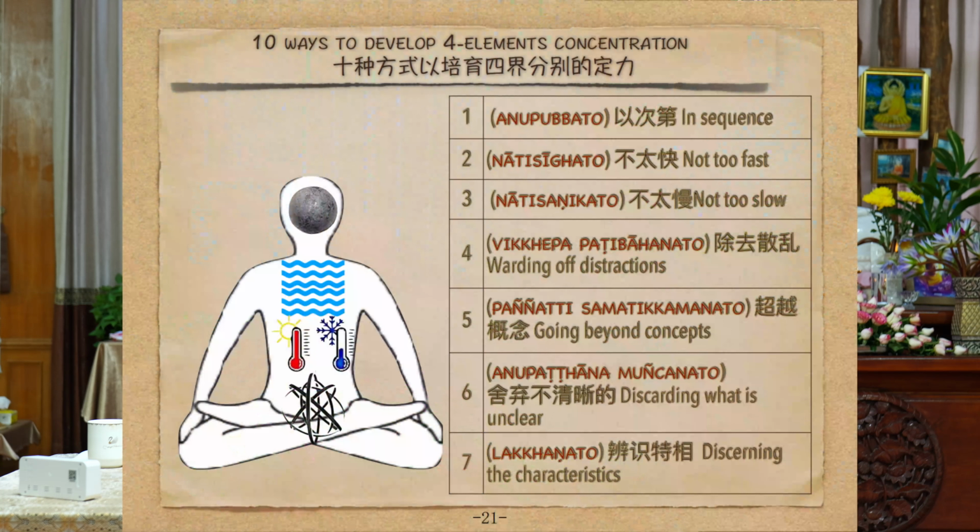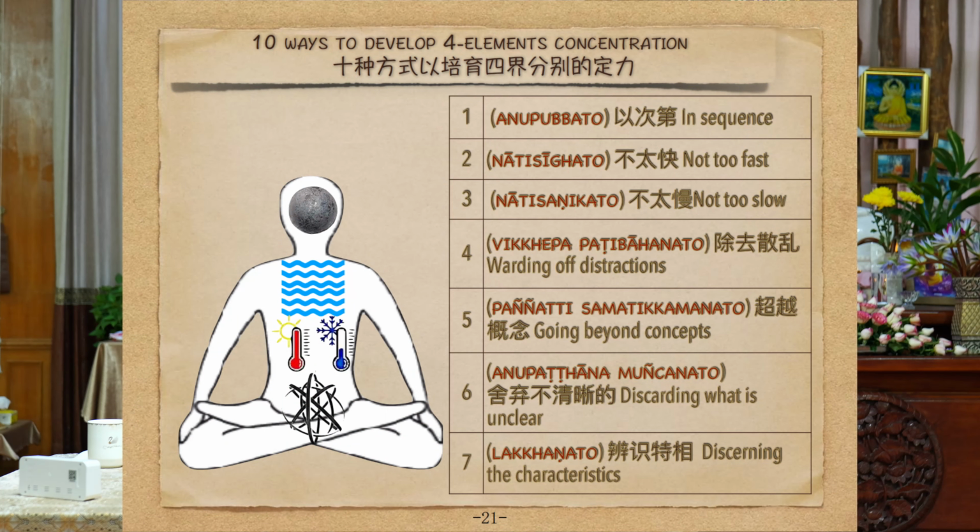Then, when you are discerning those 12 characteristics or the four elements one by one, you will have to follow the instructions in the discernment of the four elements meditation. Then you will be able to be successful in four element meditation. If you don't follow, then you cannot be successful in four element meditation. Not only in four element meditation, also in other meditation subjects. What are the rules? When you are discerning the four elements meditation, there are 10 ways to develop four elements concentration here. Number 1,